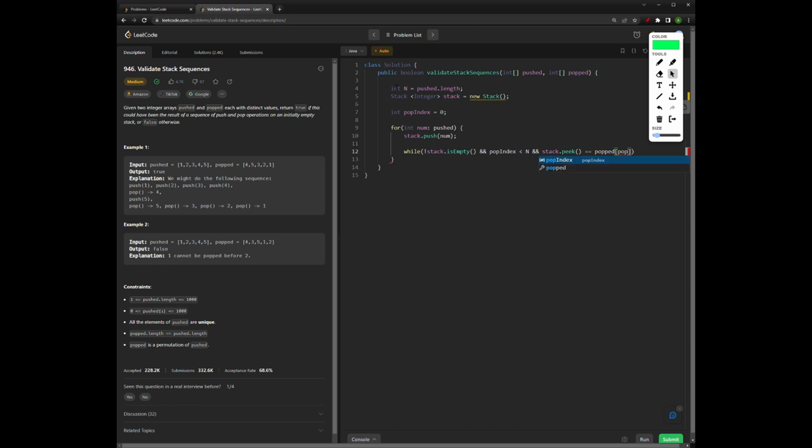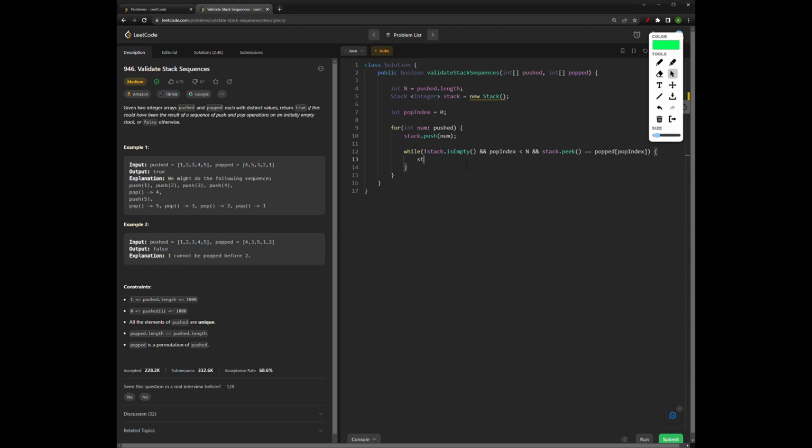That's why we use the pop index, in order to keep track of where we are in the popped array. So if all of those conditions are true, the stack is not empty, the pop index is still lower than size, and the element at the top of the stack is equal to the element we are currently looking for in the popped array,